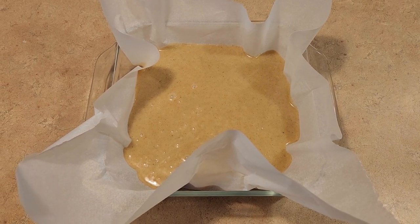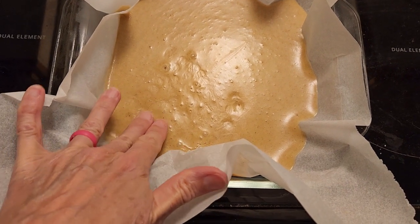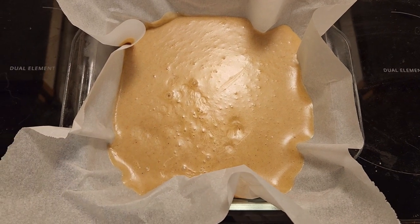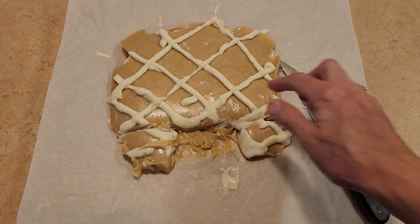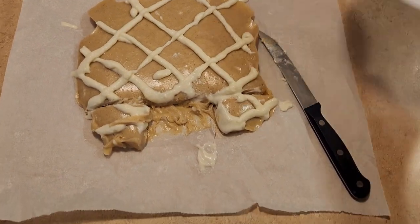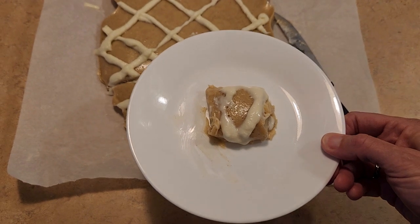The fudge has been in the freezer for about an hour. It still looks like it needs some time, so I'm going to put it back into the freezer. It's been over 2 hours, and the fudge honestly is not as firm as I think it should be. I've got a piece right here, and I'm going to let my son try it,